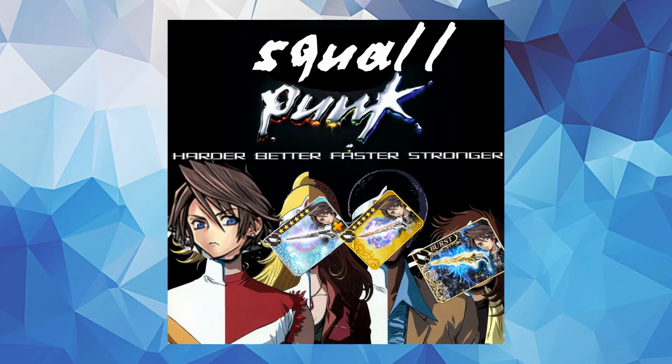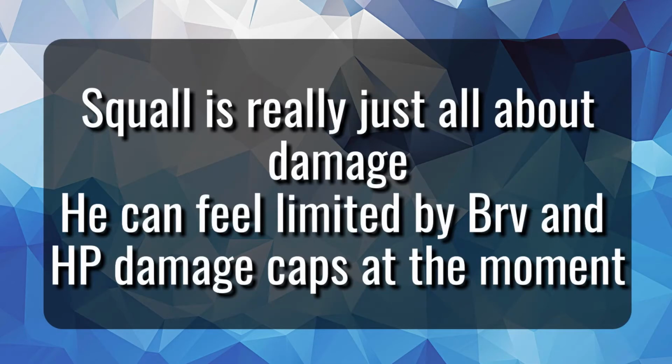So yeah, that's Purple Squall. Like I said, he's not a very complex character. His LD makes him hit better, faster, and his rework and LD extension in the future have him do all that even better. While he may not be the biggest or most versatile damage unit in Global,